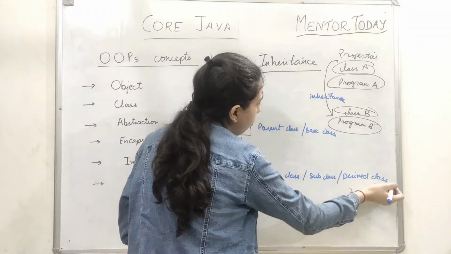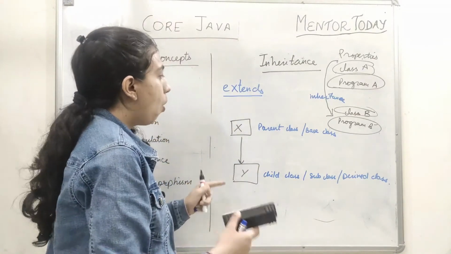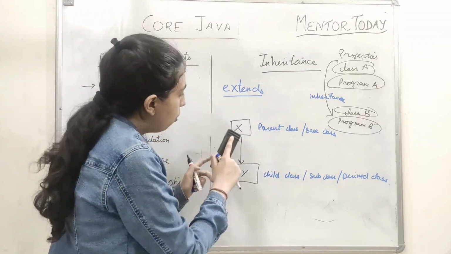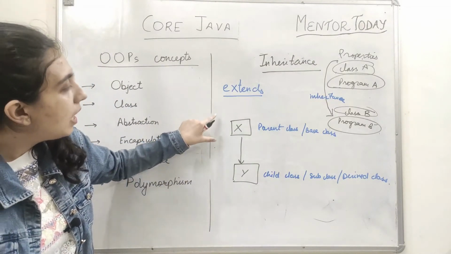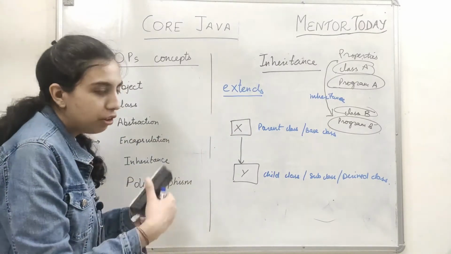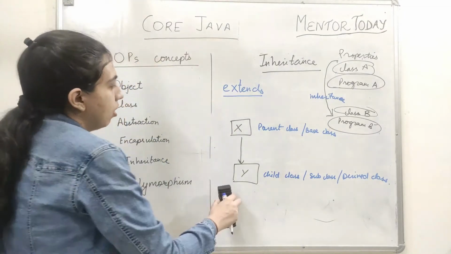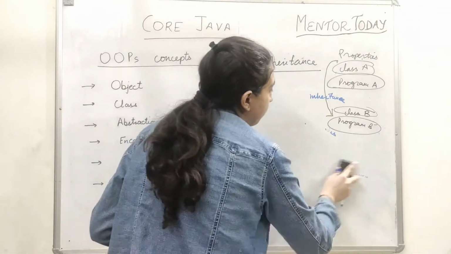This is a very important concept in Java, because for class Y we are using already existing properties of X, and we don't have to write the properties we have in X again in Y. So we are reusing already available properties. So it's a very good concept. We'll see it later in our program.